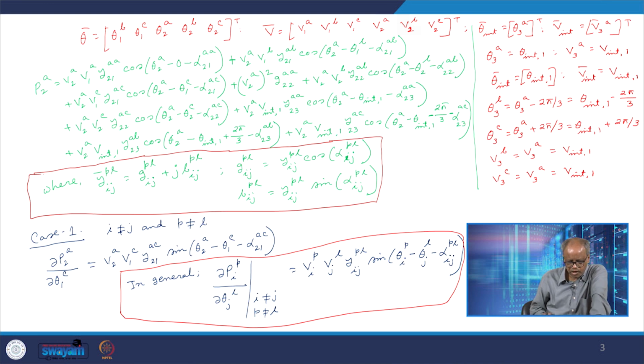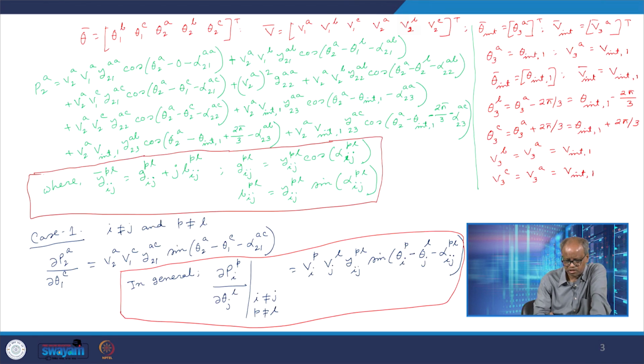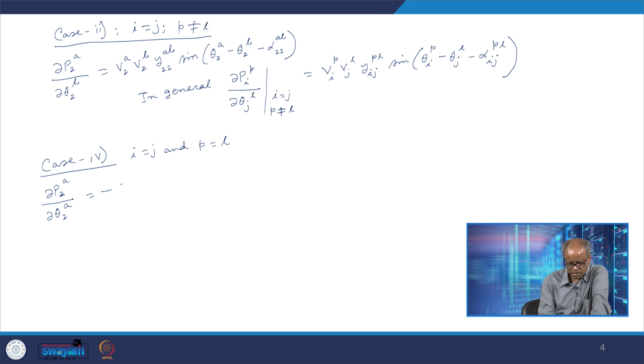So then therefore del P2A by del theta 2A would be actually given by minus, so all the terms would be existing except this term, right. All the terms will be existing, because this term has got theta 2A, this term has got theta 2A. So all the terms will be existing and all of these terms partial derivative would be minus sign. So then there will be a common minus sign, and because theta 2A is positive, everything else would be the same. So if I collect all the terms except this one, it is very easy to see that it would be minus, L is equal to A, B, C,